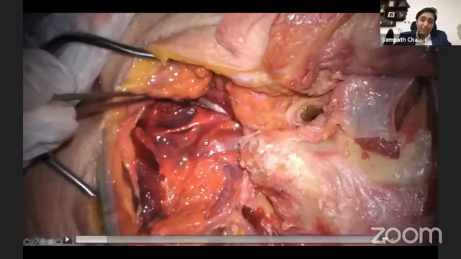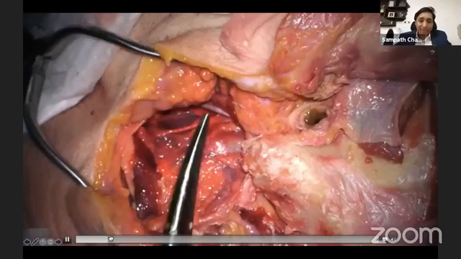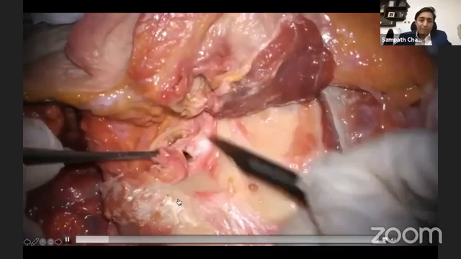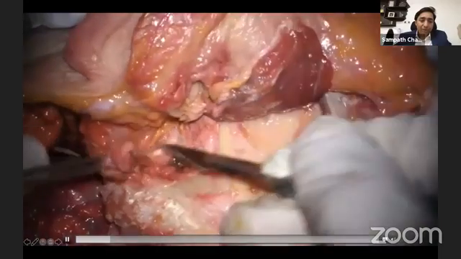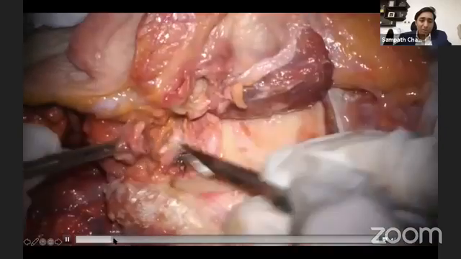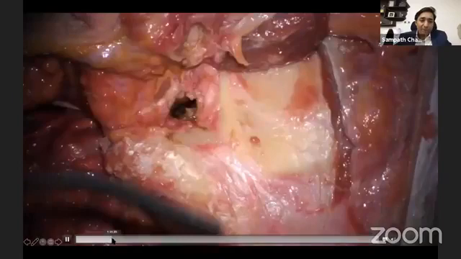Anyway, so this is the posterior part. The first structure that you identify when you get into the neck is the digastric muscle. Okay, so we're coming to that later. Now we are going to do a blind sac. The blind sac is not shown here. I'm beginning with the mastoidectomy here. This is an edited video.